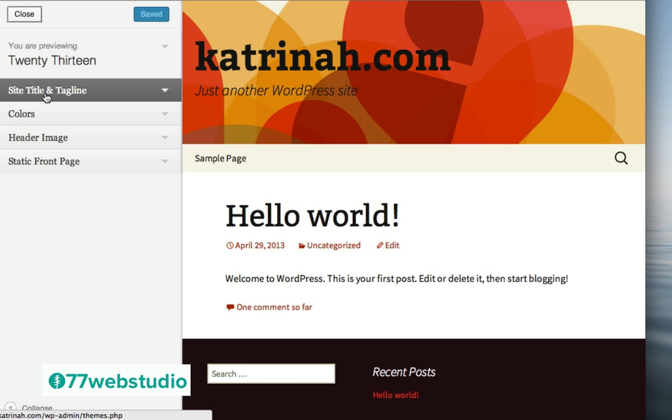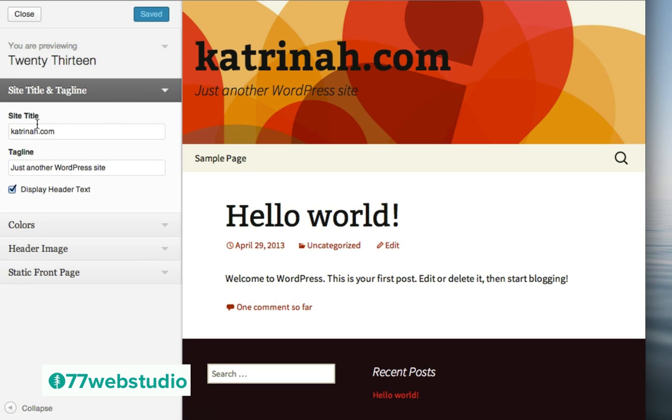So the first configuration settings here include the site title and the tagline, and when I click on this little marker here, it gives me a drop-down box where I can change the site title as well as the tagline. By default, when you install WordPress, the tagline will say "Just another WordPress website," which is not really a great tagline for anyone. So at minimum, I recommend you at least come in here and delete this. And you can add another tagline if you'd like, but at minimum, just go ahead and remove this altogether. So I'm not going to include a tagline right now, but I will just delete it right there in that field.